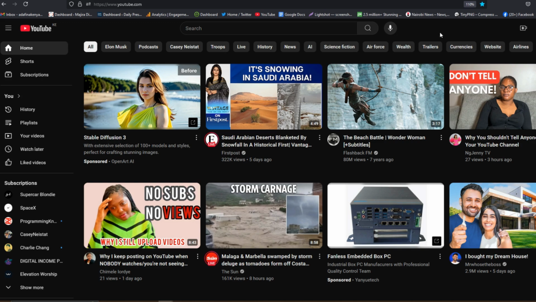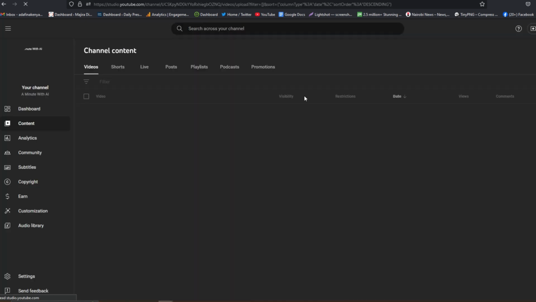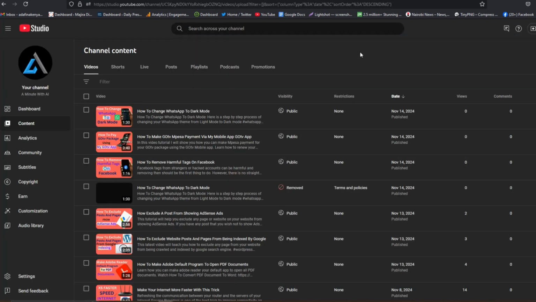Now, what you need to do is to go and log into your YouTube account. And once you are in YouTube, to go to your YouTube Studio, simply click on your videos on the left corner. Now from here, you'll be able to see all the videos that you have published on your YouTube channel. Now from here, you want to go to content to see the list of all the videos that you have